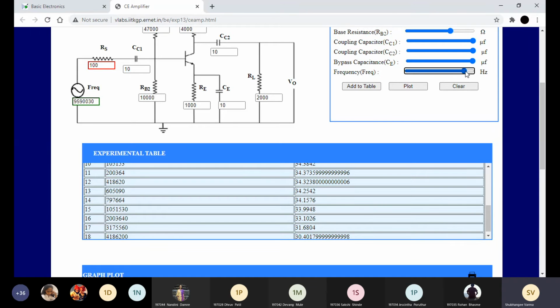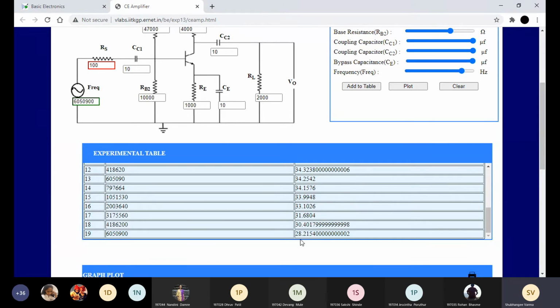After 40, we are going to take reading for 60 megahertz. See, signal is attenuated. Then we are going to take reading for 80 megahertz.